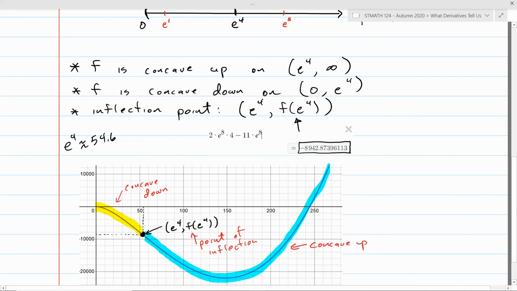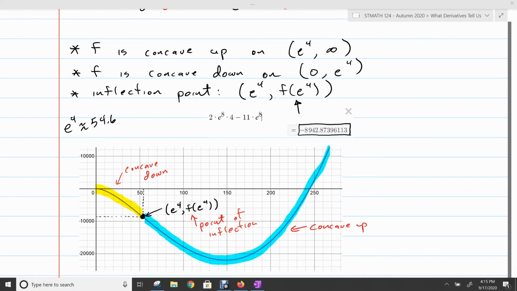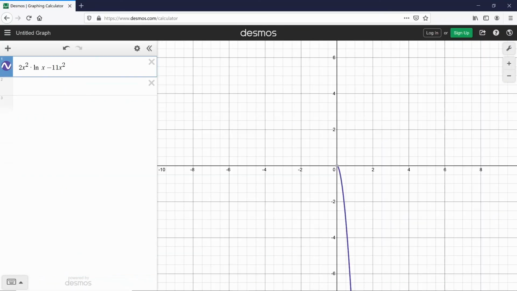When I first graphed this thing, it didn't look like this. So this is a little bit of a word of warning about becoming over-reliant on calculators. If you're not really good at using the technology, it can really throw you off. Here's what the graph looks like when you just first punch it in, and then the screen is sort of set to a standard size window from -10 to +10 on both axes. Well, if you just start zooming out,